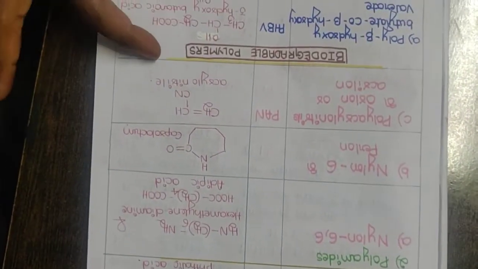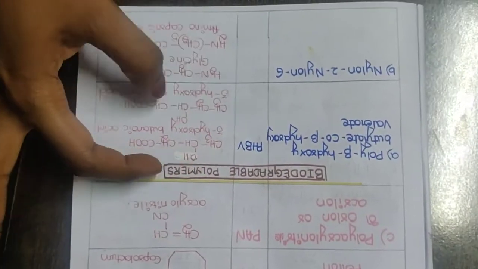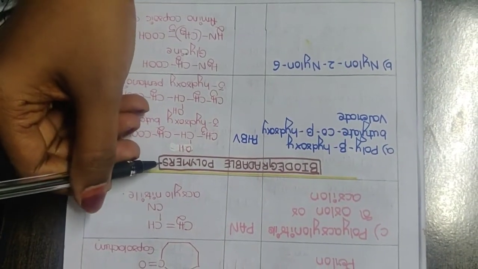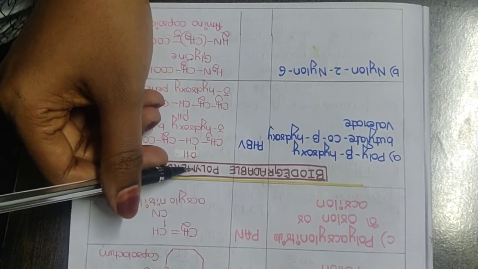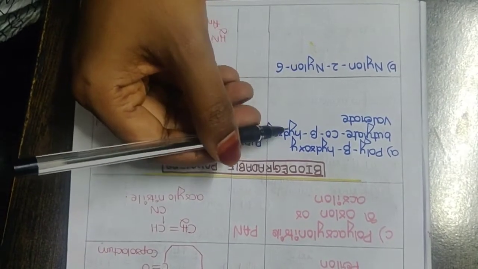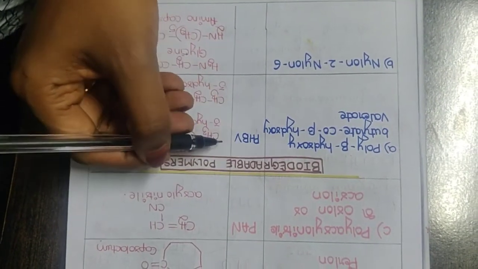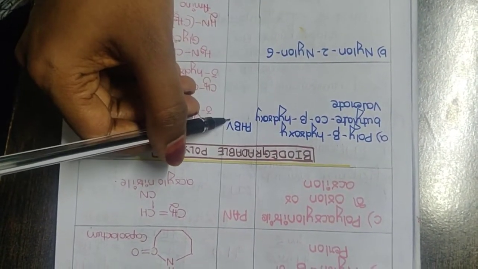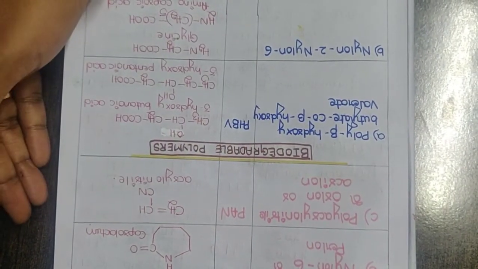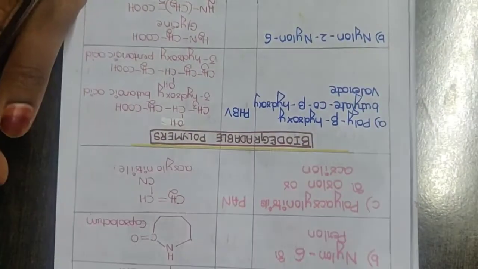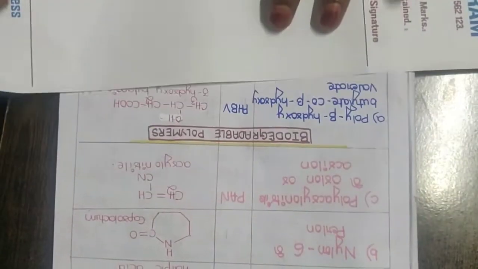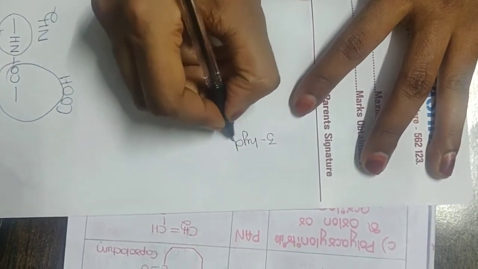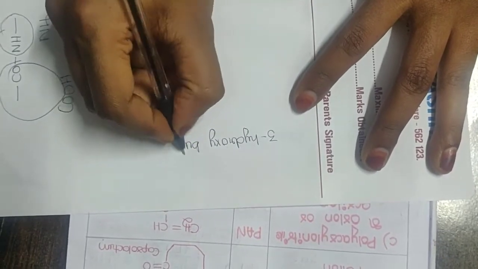So the last topic under polymers is biodegradable polymers. What are biodegradable polymers? You know that they are polymers which are degraded by the action of microorganisms. We have 2 examples under our NCERT. One is PHBV. What is PHBV? Poly beta hydroxy butyrate co-beta hydroxy valerate. The name is very complicated, but the monomers are very simple and interesting here. What are the 2 monomers present here? 3-hydroxy butanoic acid.